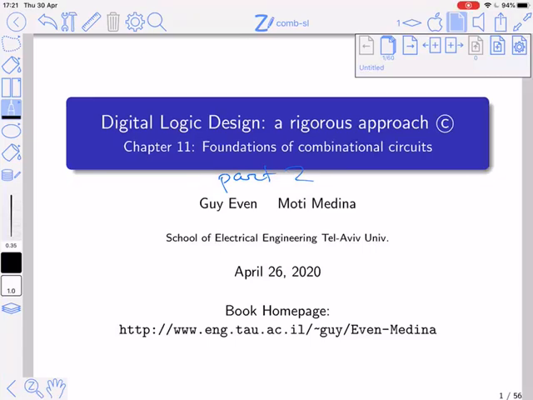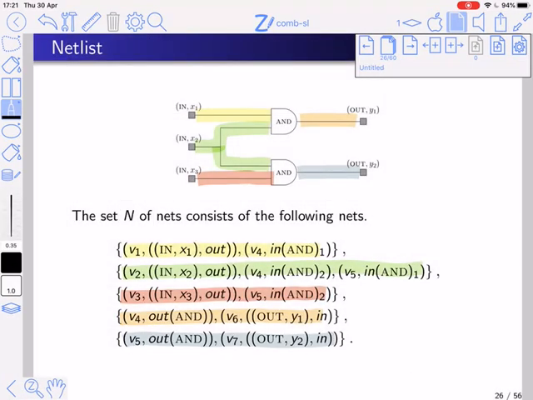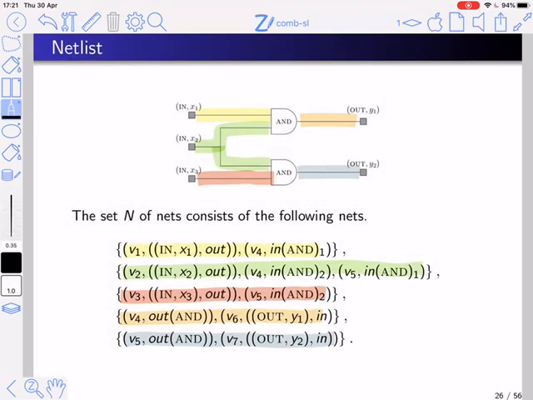Welcome to part 2 on foundations of combinational circuits. Let's review the important parts from the first part. In the first part, we showed that we can